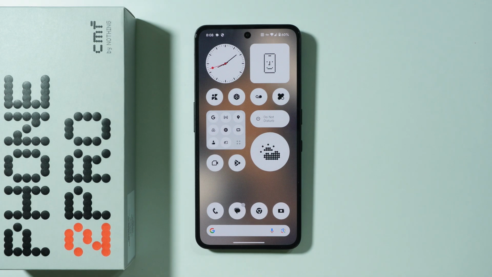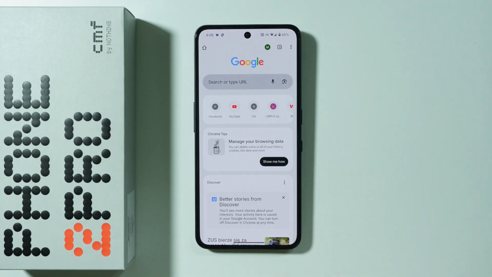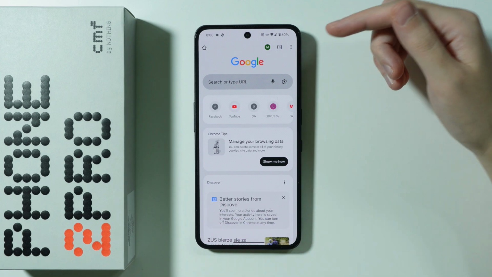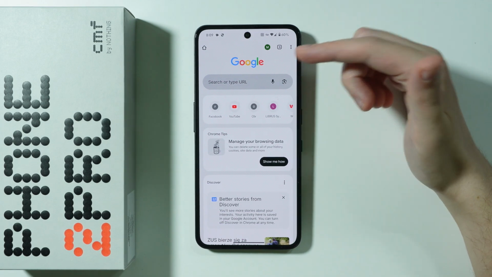If you want to clear browsing data on CMF Phone 2 Pro, all you need to do is simply open the browser. In my case, I'm going to use the Chrome browser. And generally speaking, you need to find the option to clear browsing data somewhere in the settings. So in the case of the Chrome browser, the easiest way to clear the browsing data, we